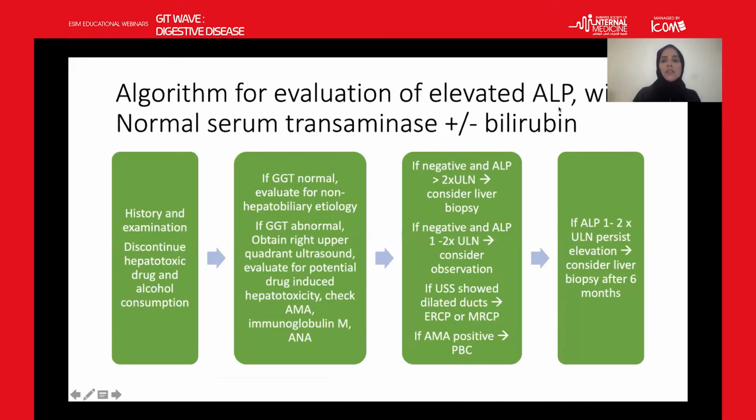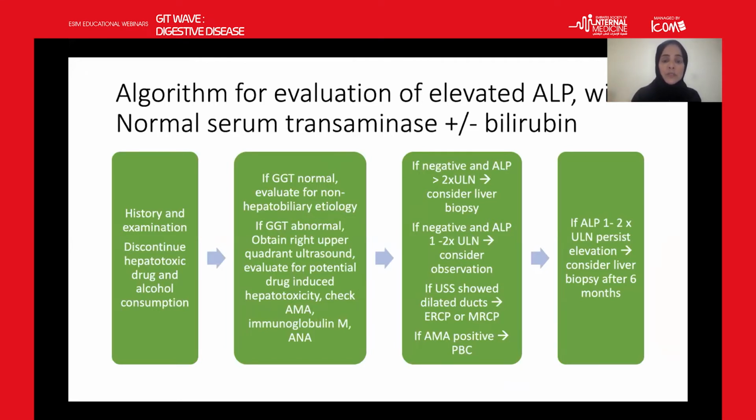If it is alkaline phosphatase alone while AST and ALT are normal, then you have in your history to look for any medication which has a hepatotoxic effect and alcohol consumption, and you have to do gamma GT at this stage. The only use for gamma GT in our approach is for this condition. If it is negative,